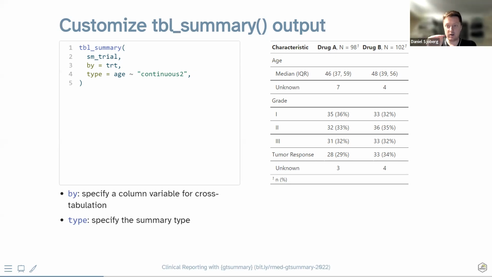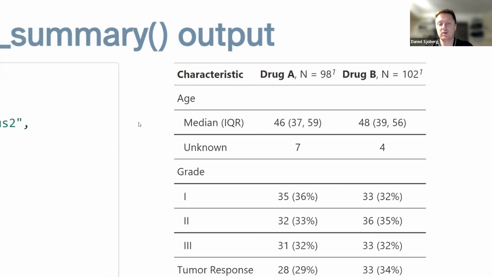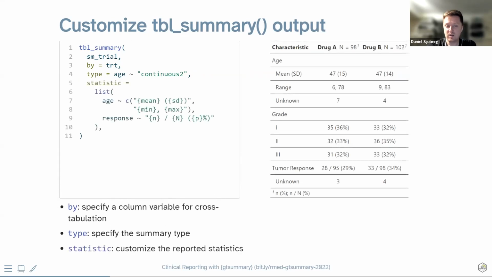So it's like a lot of rows for one variable. So here I'm saying, please make age continuous 2, meaning put it on 2 or more rows. And you can see here on the right now that age is still using the same default statistic, which is median IQR, but now it's on the row below age, and you have that there. So you could also modify that to give us, like I said, mean and standard deviation on another row, the min and the max on another row, you know, what have you. So that's how you can specify or change the default types, the summary types of variables in gtsummary.